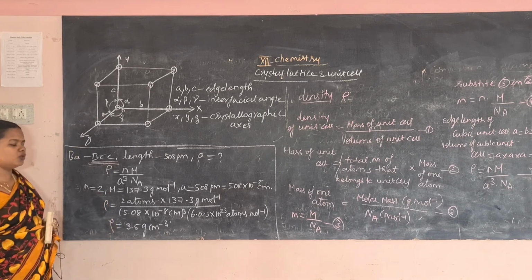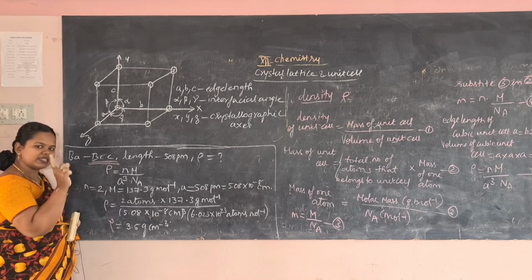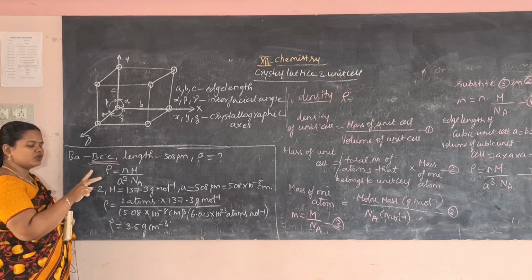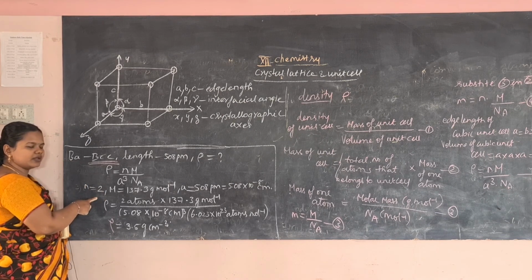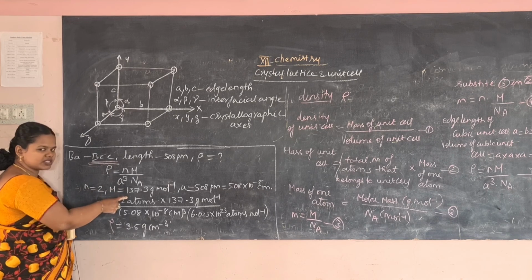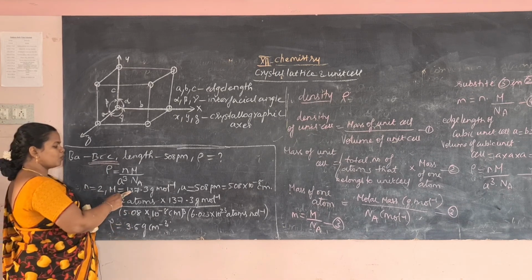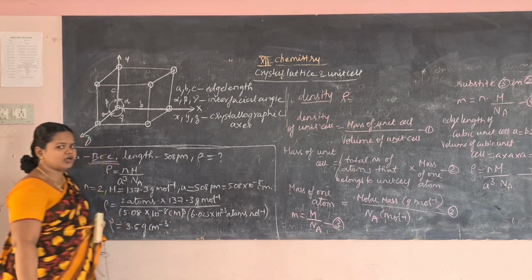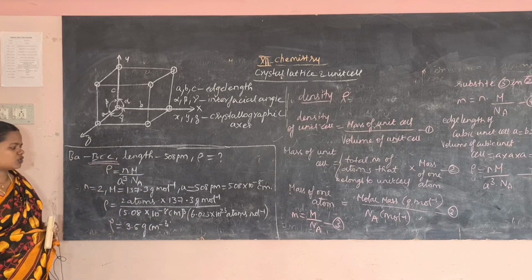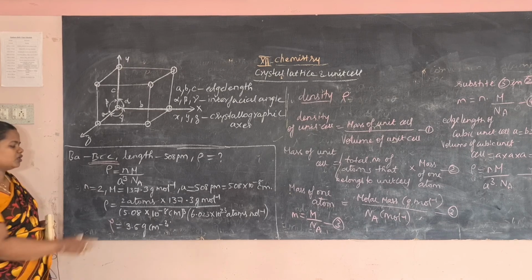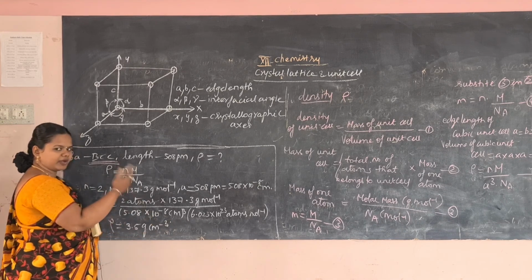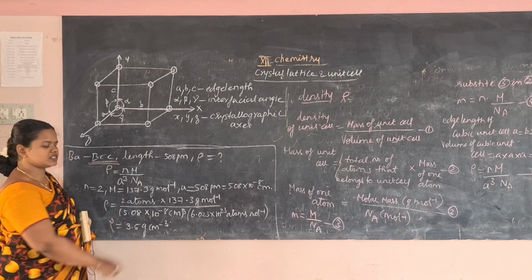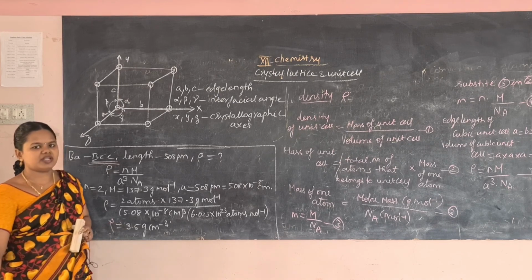So you need to know only the number of atoms for SC. SC it is 1, BCC it is 2, and for FCC it is 4. When you know this, you substitute in this, and you must know the molar mass also. So molar mass will be 137.3 for barium, and the Avogadro number, you know, is 6.023 into 10 power 23. So among these you will be knowing these values. So you substitute all those values and the remaining ones will be given in the question. So you have to calculate the density, that is density is equal to 3.5 gram per centimeter cube.